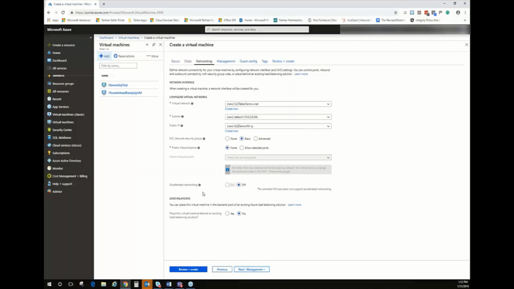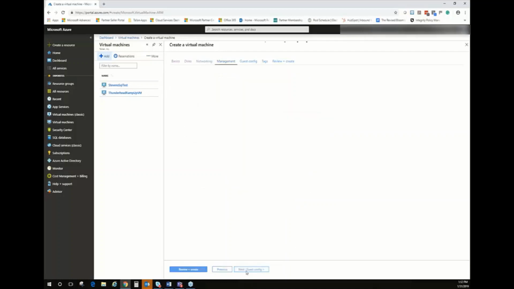We're going to leave the defaults for accelerated networking, and then for load balancing, if we were to create multiple machines that we'd like to load balance together, we can do this, and Microsoft and Azure will take care of the load balancing of the traffic across the machines. So we're going to click Next here